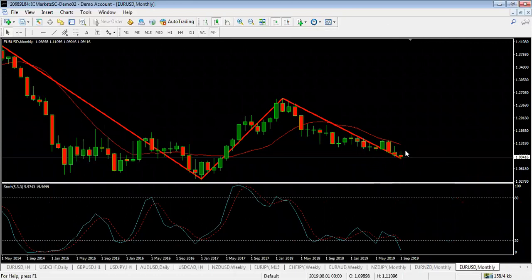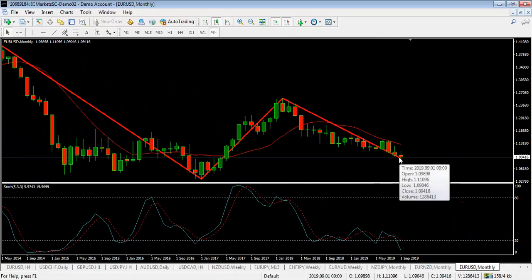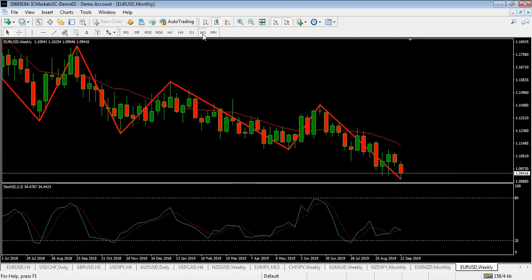Okay, and the zigzag indicator tells you if there is a likely possibility that the market will reverse. Okay, when you have a zigzag below a candlestick like this, there's a possibility that it will reverse. That is what I use the zigzag for, to know when the market is about to change its trend. So we have zigzag on monthly, we have zigzag on weekly,